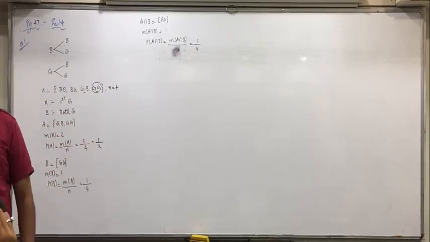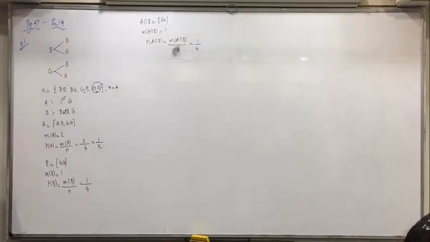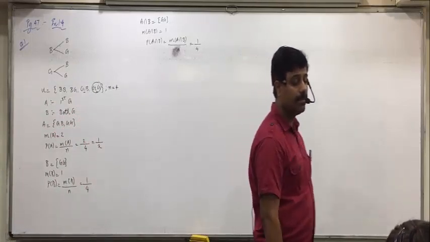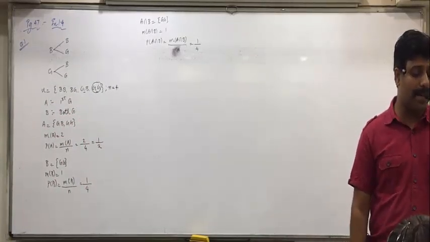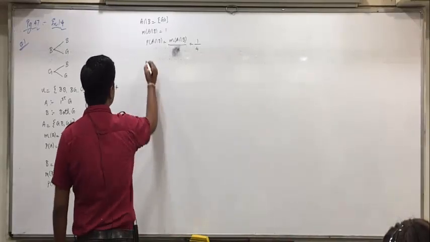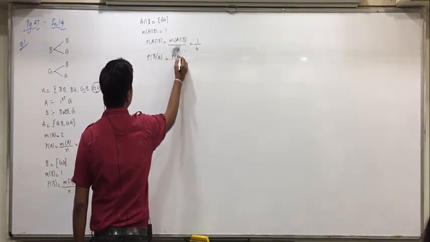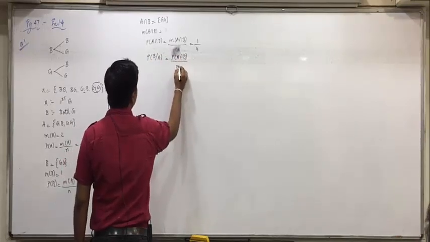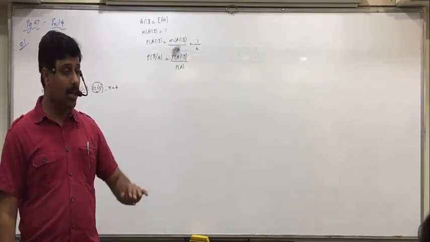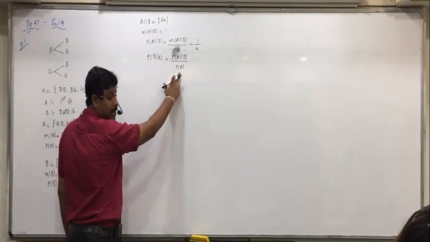Now, we will find which probability, B slash A or A slash B? B slash A. So, write down further. If the first child is a girl, then probability that both are girls is equal to P(B slash A), that is P(A intersection B) upon P(A). I told you, numerator will always be A intersection B, denominator will be the condition. So A intersection B upon P(A), A will be the denominator.